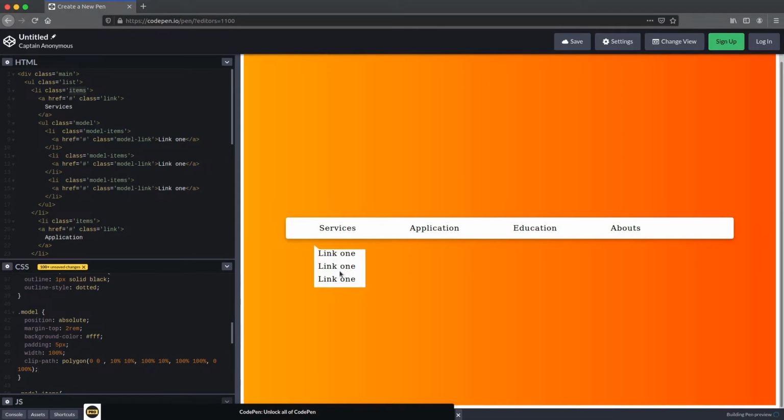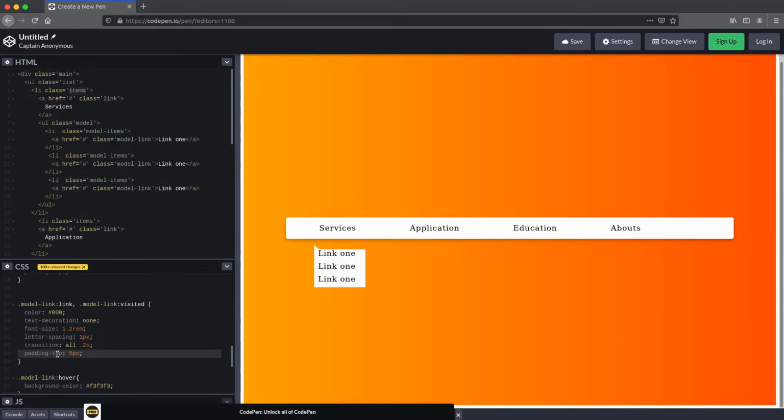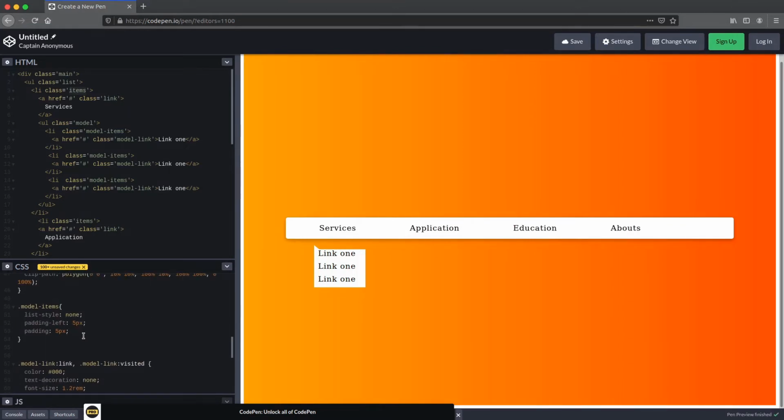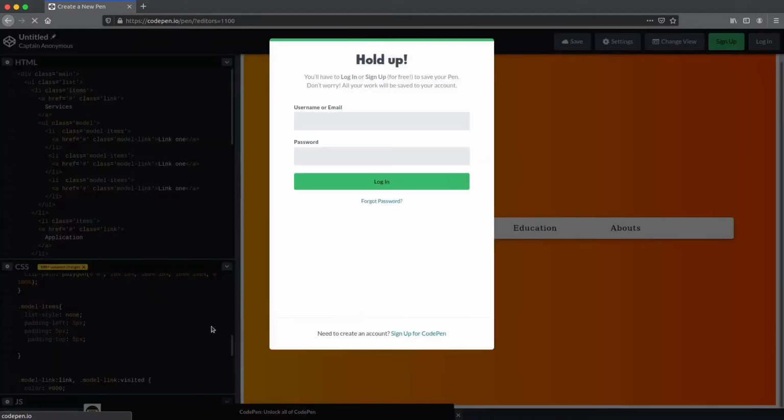I just want to provide some padding on top. Padding top, how about 5 pixels? It should not be here. I don't know why this is not working.